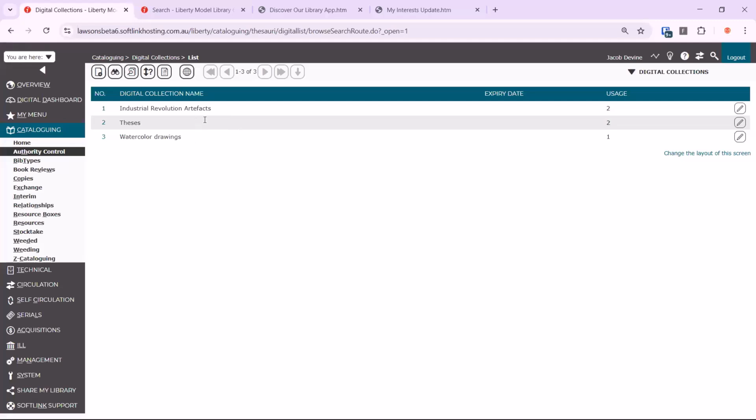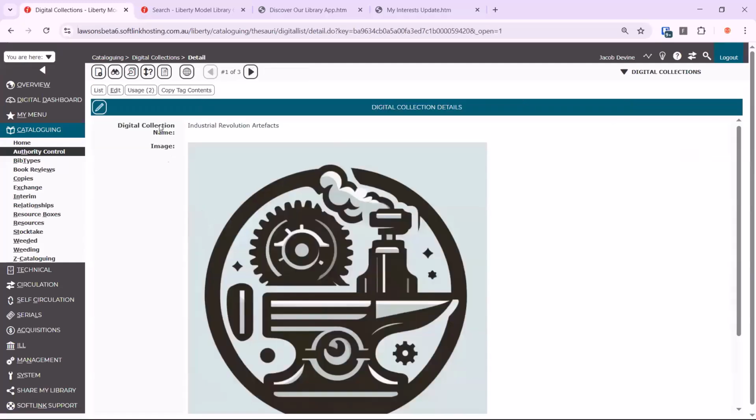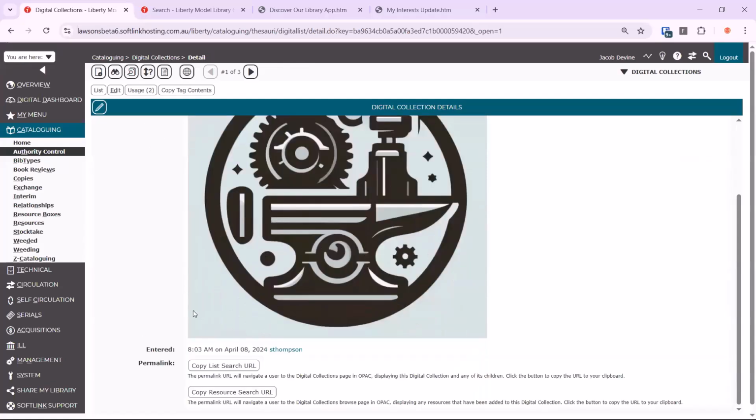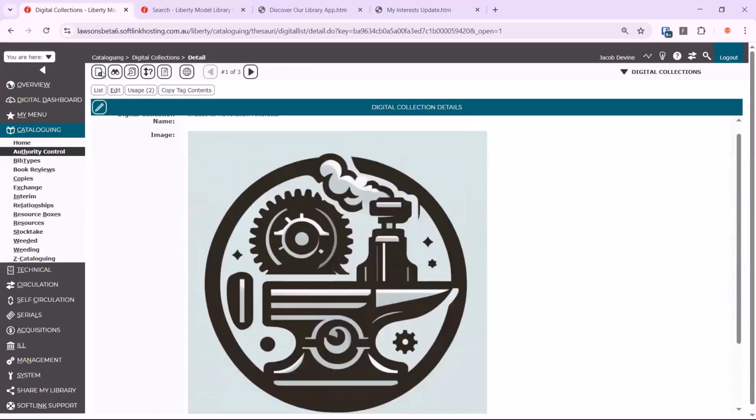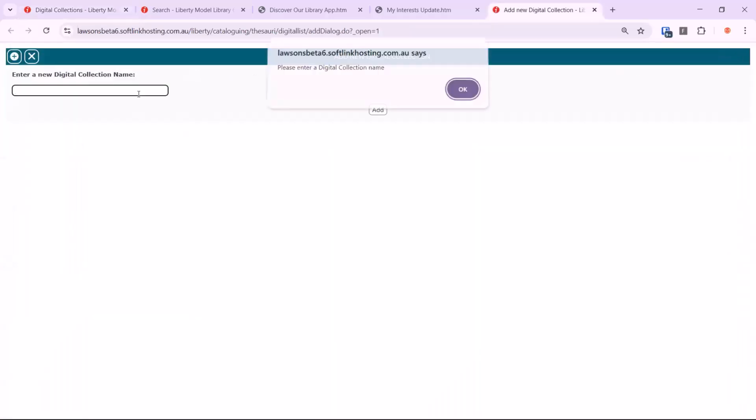So we've got 3 digital collections here, and we're able to view those just by clicking on them. They contain a name, image, and when it was entered. So we can create a new one by clicking on the new button up here, and we'll create one maybe. So we'll create one for our digital theses